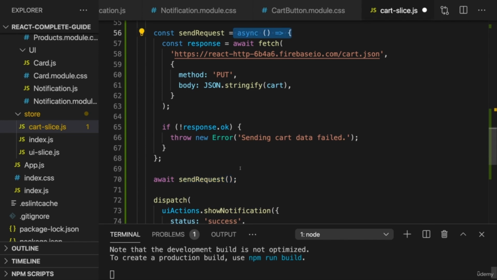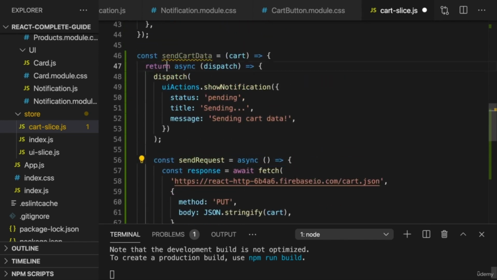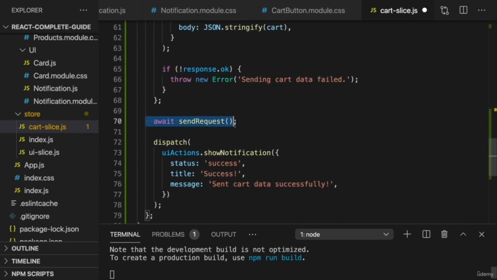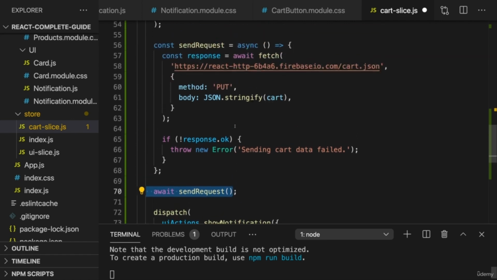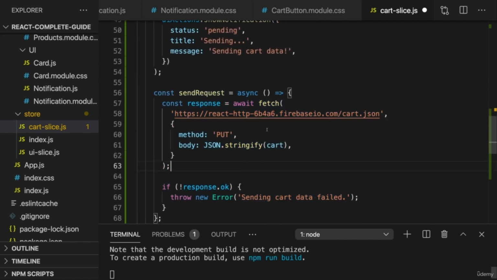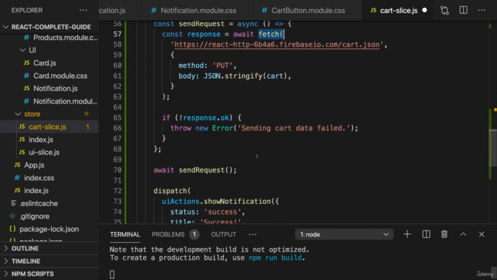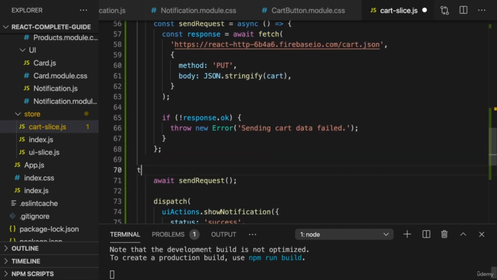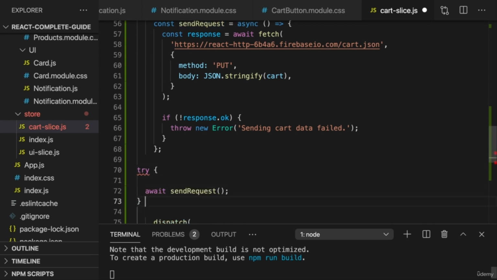It returns a promise. And since we're still inside of this outer function where we also use async, we can use await here as well. I know that's quite some nesting of functions, but this extra nesting here is required because of how the fetch API works. Because now we can wrap try catch around this await block here